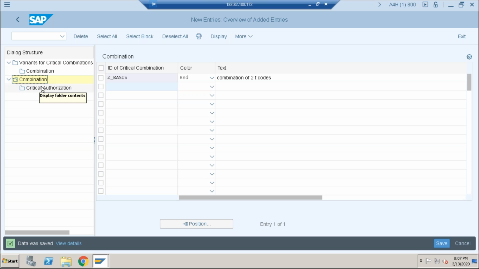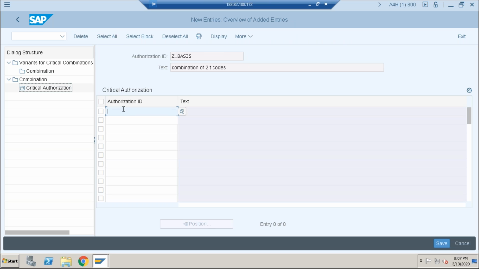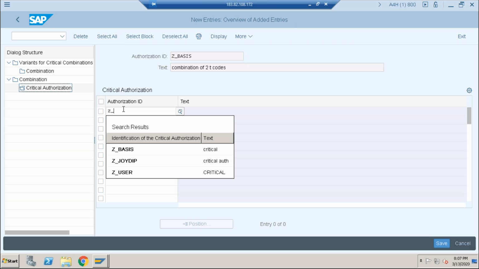Now critical authorization. Click on that. Click on the critical authorization. Click on new entries. Save. Actually, previously, one more time.